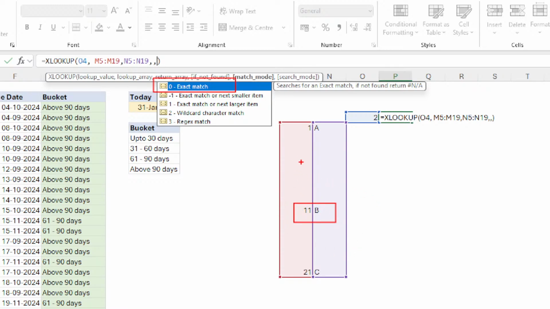But let's say I am stuck at 5 or let's say 6. So what is it going to do? Either I can jump on here or I fall down here. So that's what it is. Got it? Exact match or next smaller item. Here it is not next, but in a way you can say that it is my previous value. If the table was reversed, then yeah, it would be next smaller item. But you got my idea, right? Exact match or next larger item.